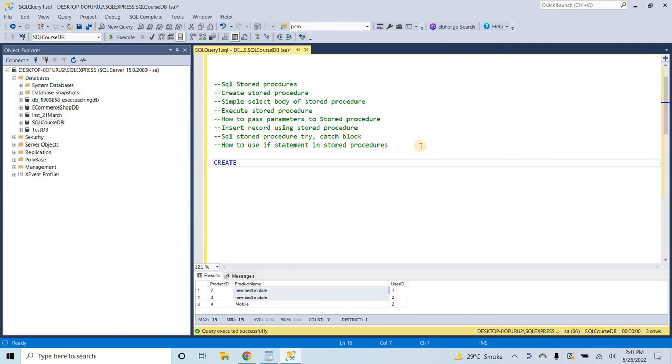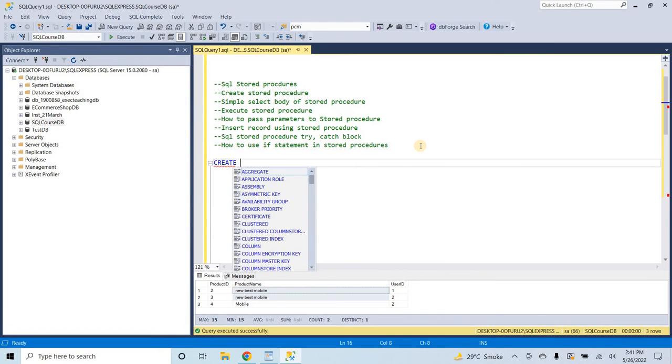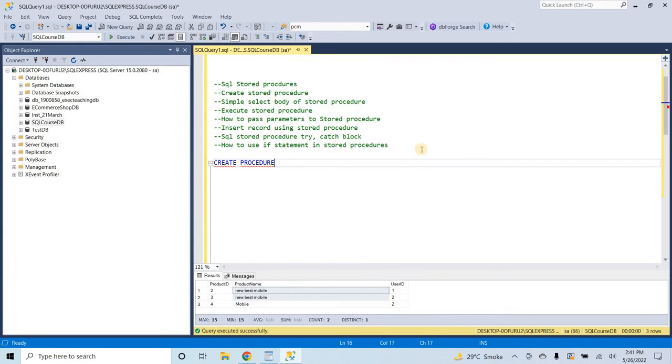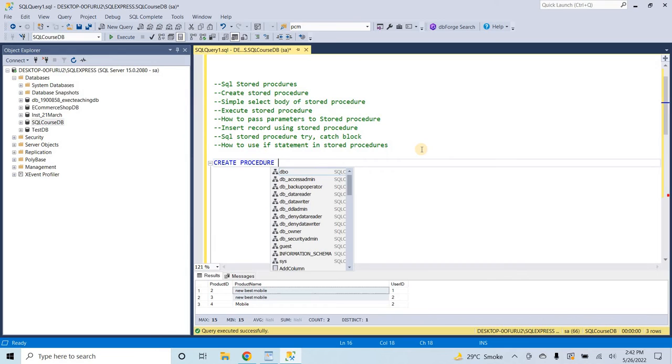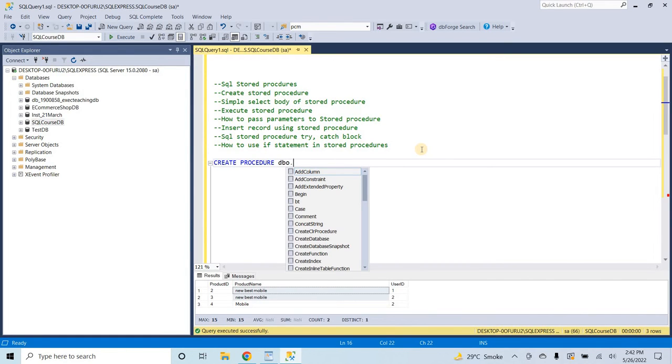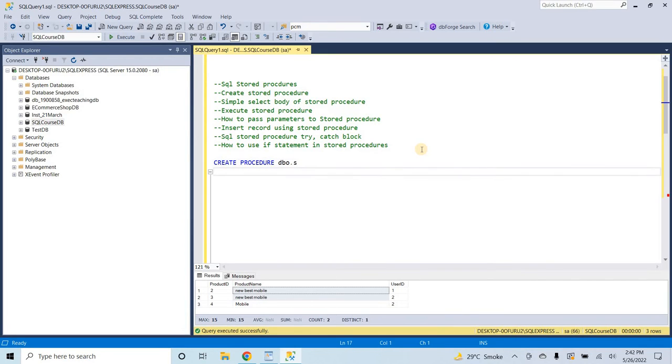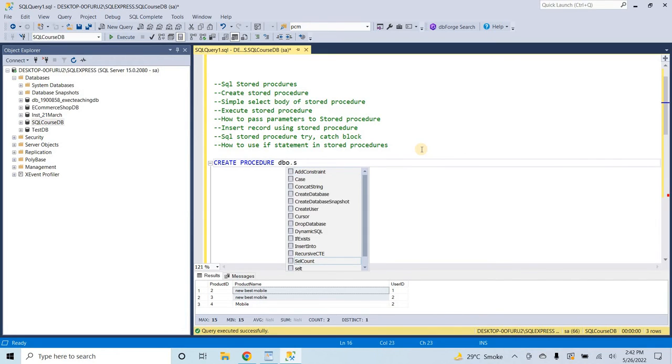So type create procedure, and then you have to type dbo dot the stored procedure name, like sp get all